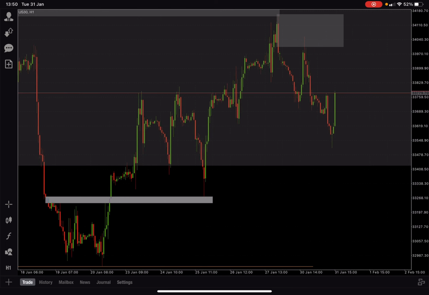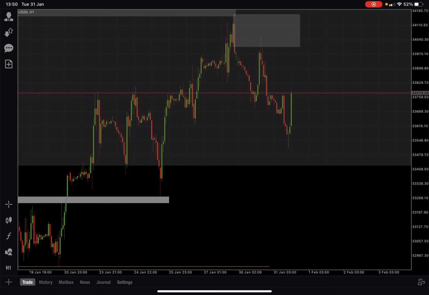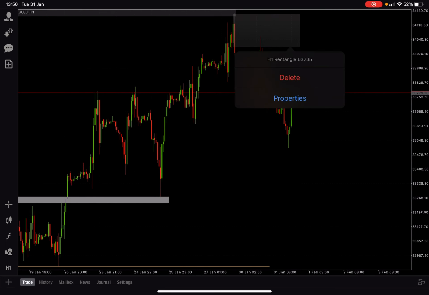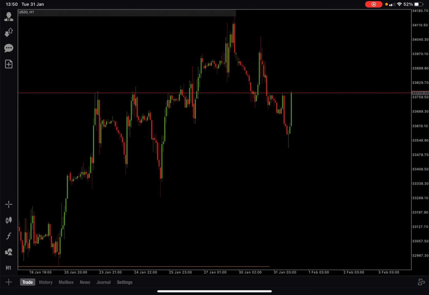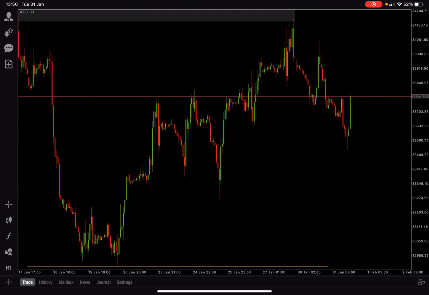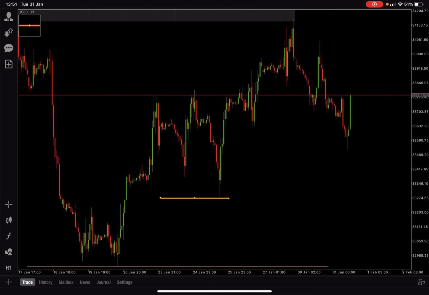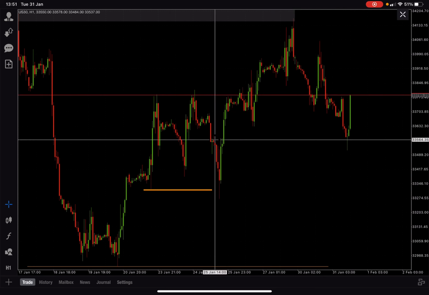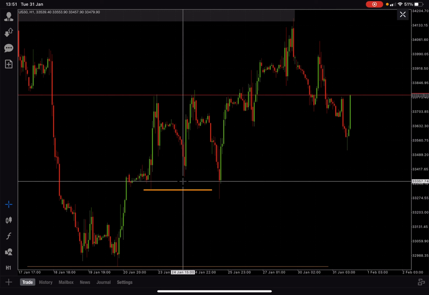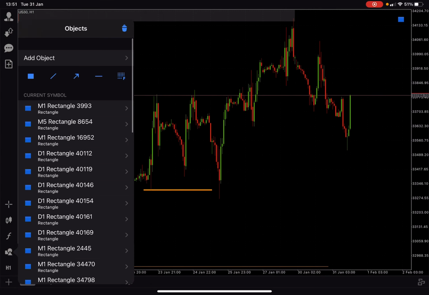So I'm going to go by this chart. Let's just get rid of this bit so you can see a bit more. So what US 30 normally does is focuses on the previous highs and previous lows, liquidity. So I'm going to get a line up and mark it in orange because that's what I mark liquidity in. And you can see if I just start putting it at previous lows, you can see how price has taken that